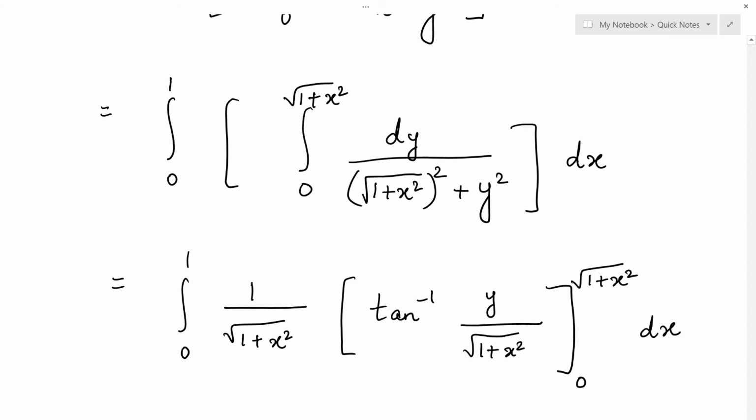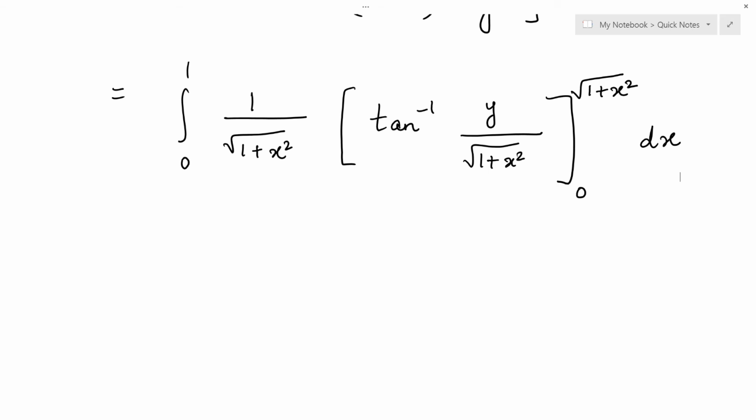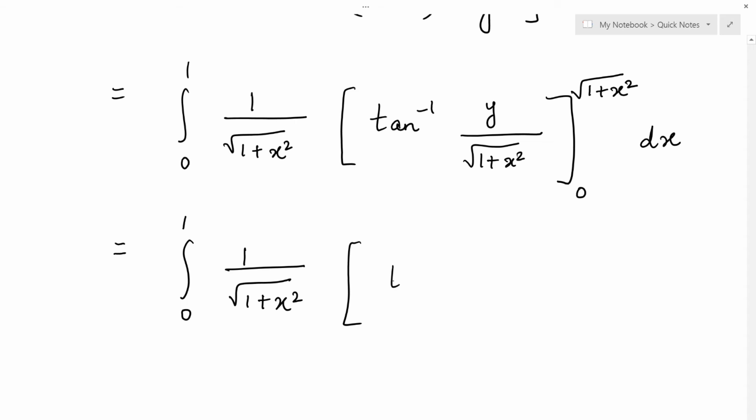Okay, if you have not understood this step, go back to the formula list, you'll understand it. The formula is simply for tan inverse. Now 1 upon under root of 1 plus x square should be as it is. Let us substitute the limits inside. Where you have to substitute the limits, again I'll make a note of this for you students, that whenever we have integrated with respect to y, the limits of integration should obviously be in y alone.